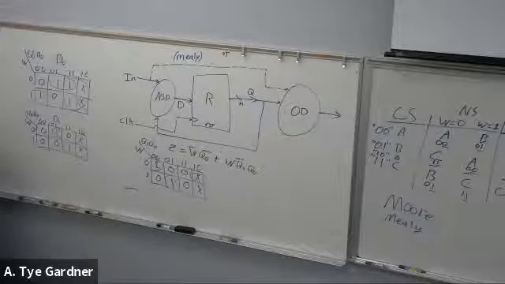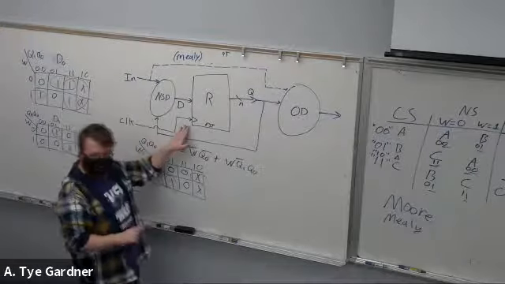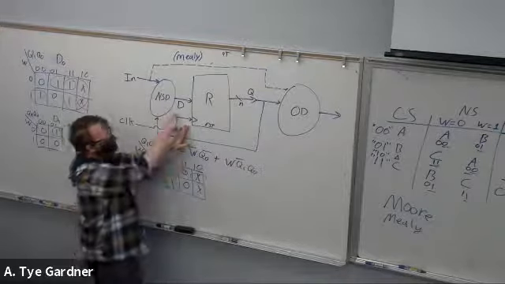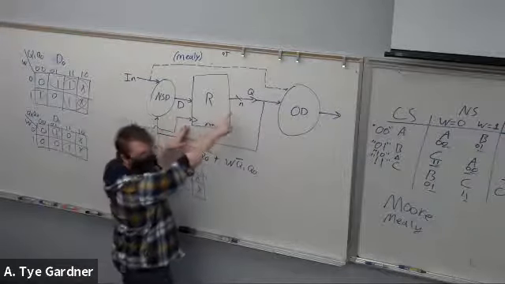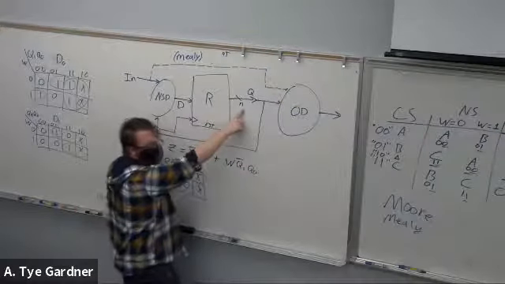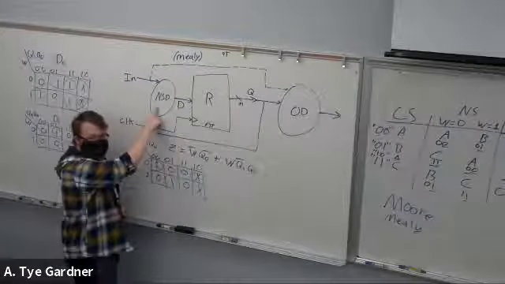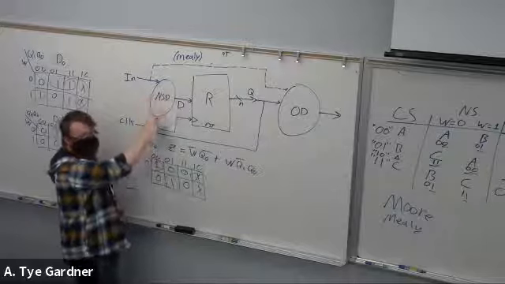This is why we started talking about the setup time, the hold time, and the clock to Q time. Because those determine how fast this state machine can run, right? If the rising edge of a clock hits, there's a clock to Q delay for D to be put onto Q, the next state to get loaded into current state. So that's clock to Q delay. Then that feedback comes back around and goes through the next state delay. If this delay is really long,